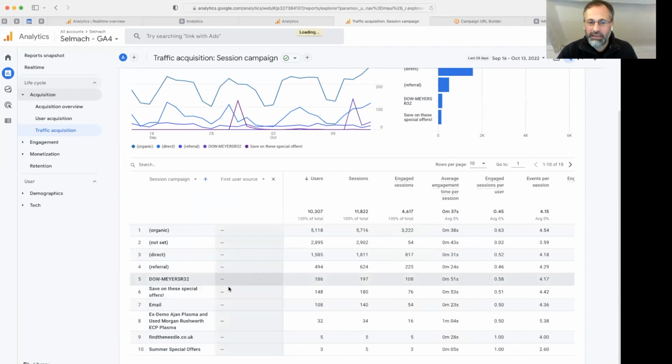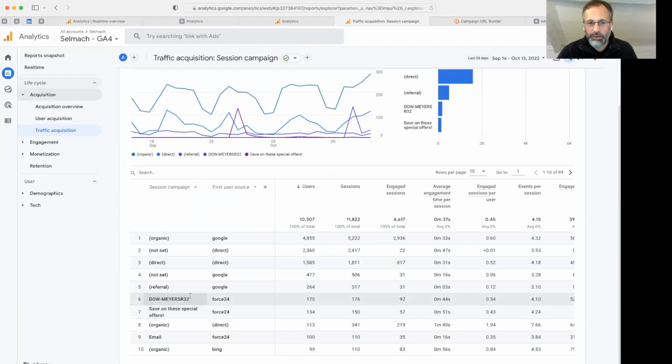So we can see from those campaigns where the first people came in on. Now it's starting to be a bit clearer. So I can start to see where these campaigns have come from. Now, this is particularly useful if you've got exactly the same campaign name that you're running across